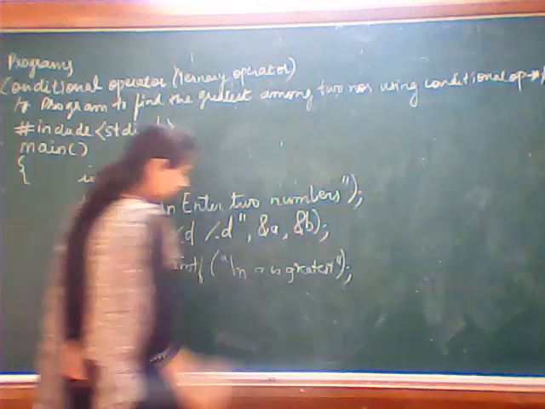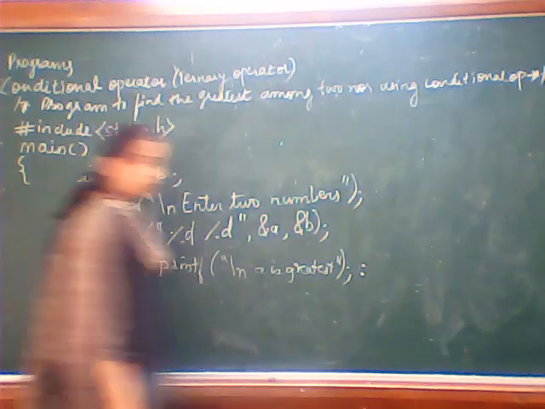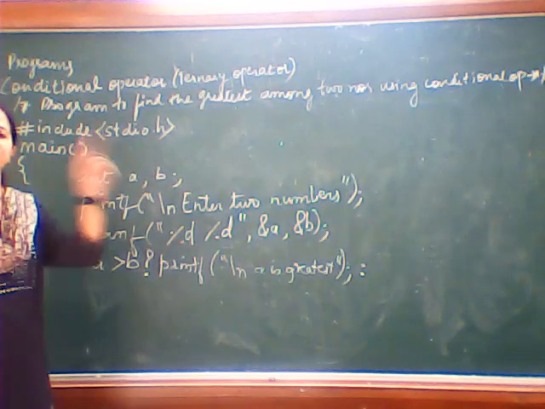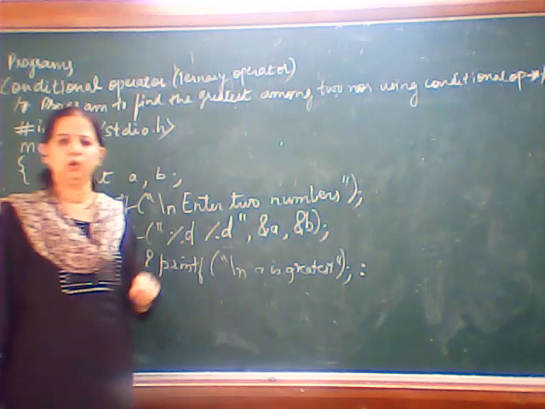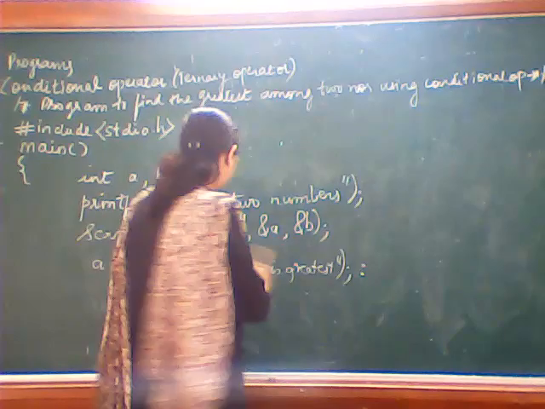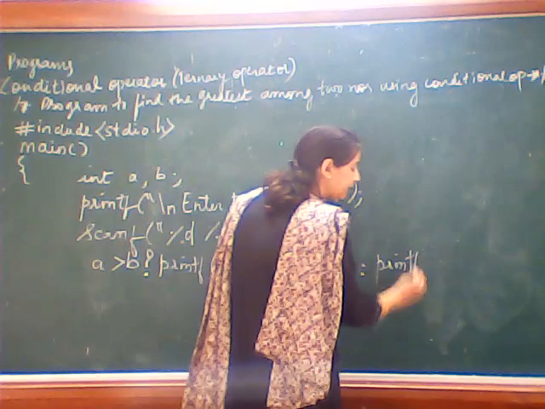Alright? Finish this printf statement. After that we have colon. Now we know how to use the conditional operator. First we write the question mark, the statement. After that we write the colon and the remaining part of the statement. If A is not greater than B, then we are going to say B is greatest.